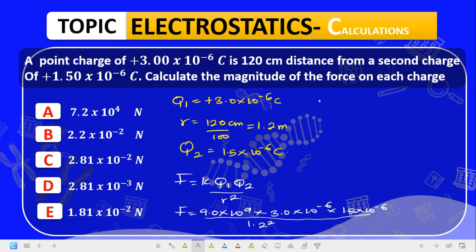Now when we calculate this, that is to say simplify what is here, our final answer for F will be equal to